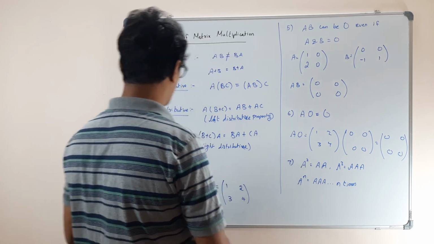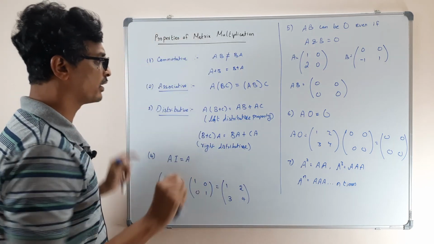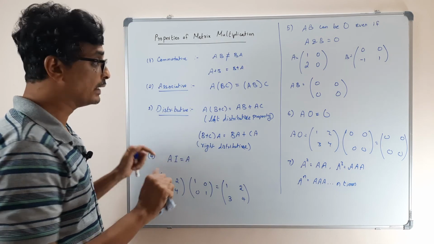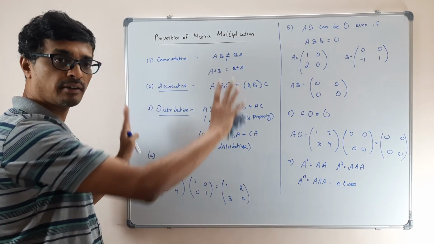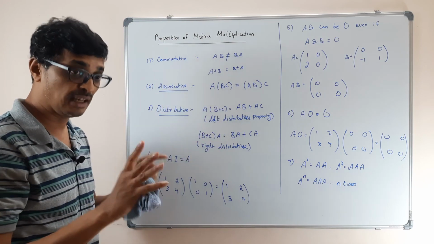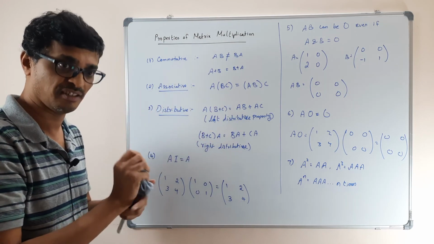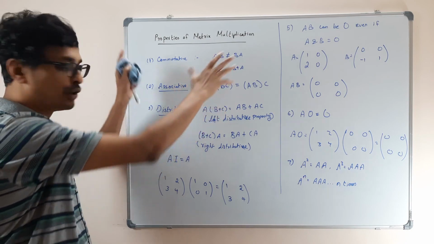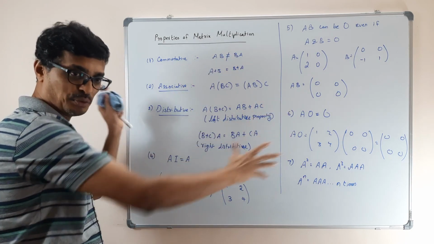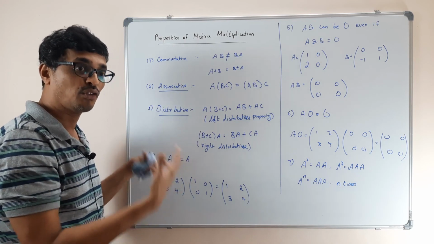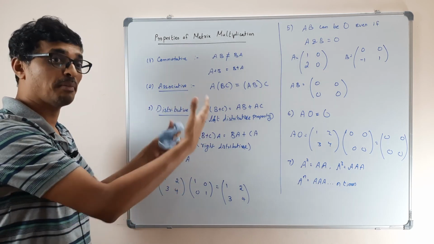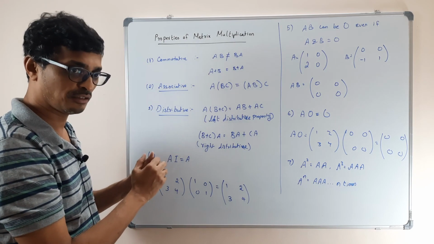So these are the properties of matrix multiplication, and they will be useful when you are trying to solve the actual problem. Still now we have not gone into the actual solution. We are defining a matrix and doing all the properties and jugglery. How it is going to be really useful for me to solve my mathematics problems, that we will see later.